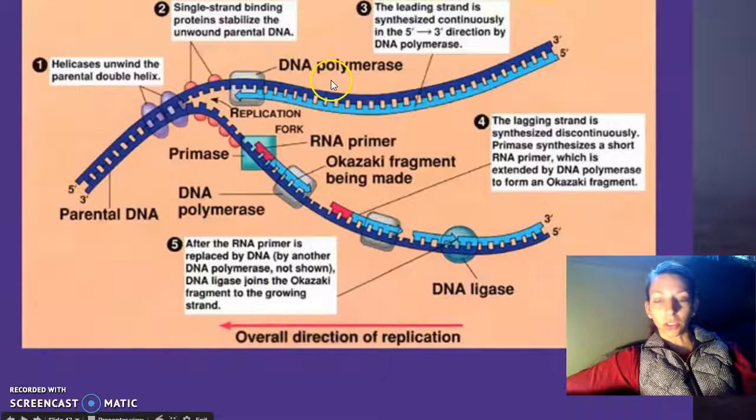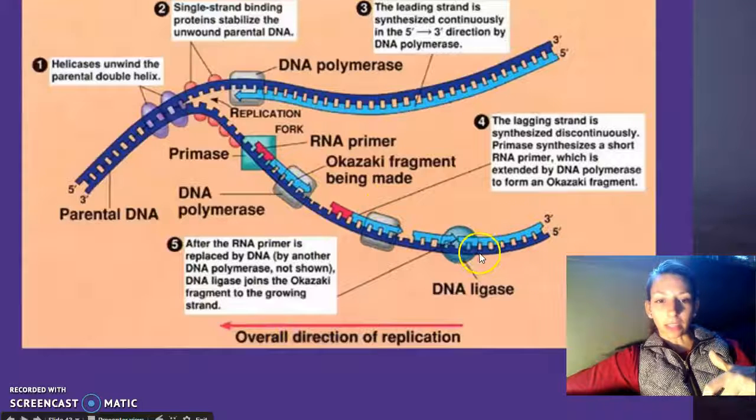Then the leading strand, which is the one that is replicated in the 5' to 3' direction, is going to be synthesized continuously by DNA polymerase. This is different from our lagging strand, because that will be synthesized discontinuously. So the lagging strand is the other end. Primase is going to synthesize a short RNA primer, which is then extended by DNA polymerase to form an Okazaki fragment. These are fragments that are going to be synthesized little bits at a time